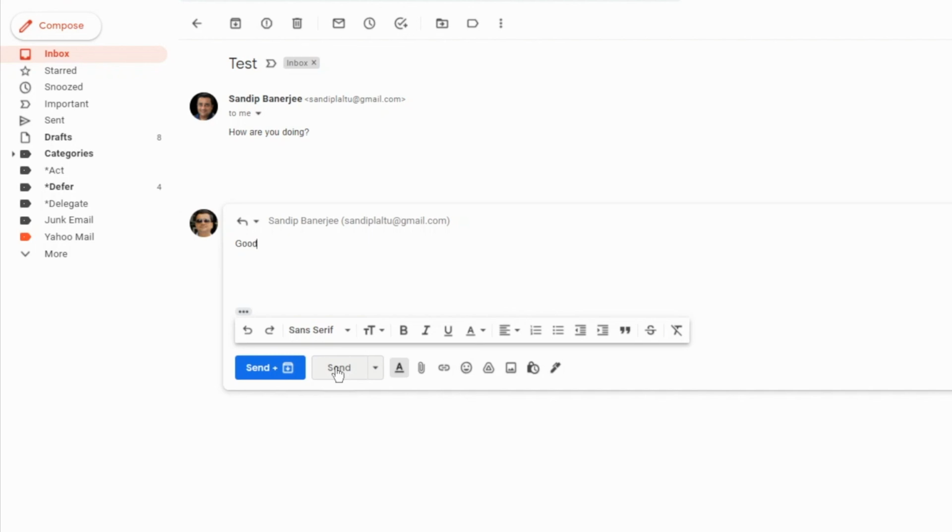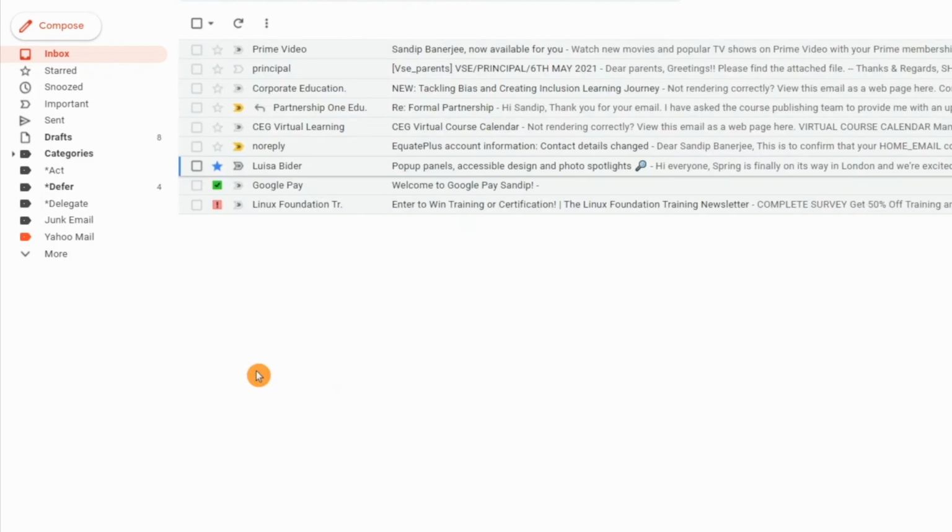But if you respond and click on send plus archive, it will send that email and the email will be moved from your inbox to archive. So using a single click, you are able to respond to that email, and that email will not be visible in your inbox, keeping it clutter free.